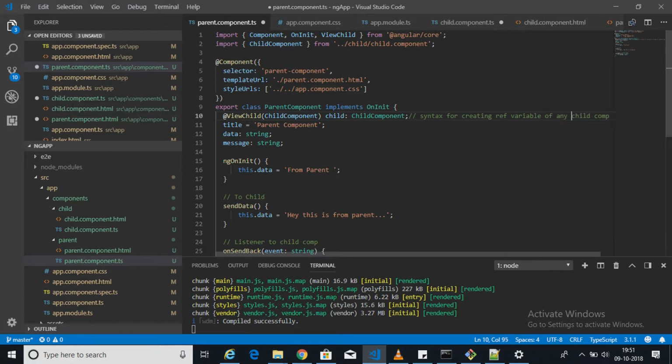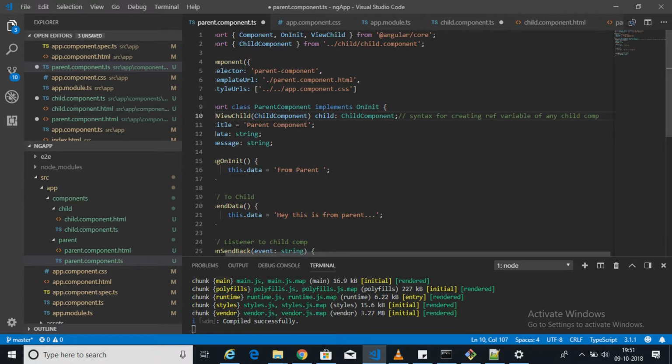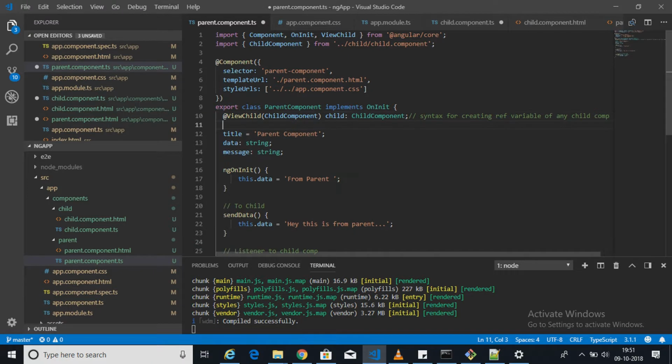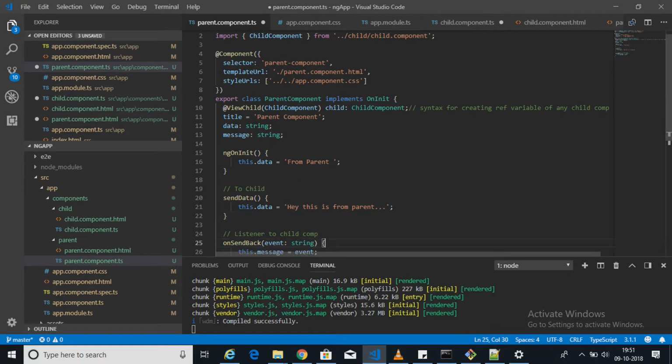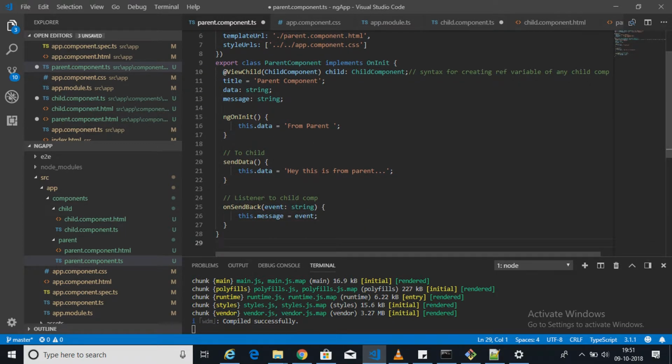So this child can access all the public properties from the child component. We'll add one method, or we can update the same data. That should be good.